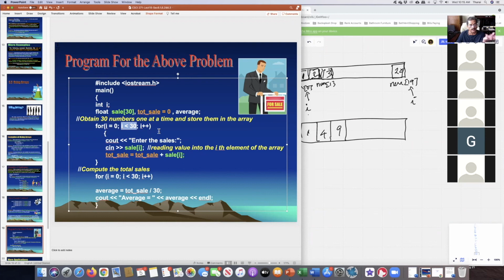If you don't know the number of data coming in, then we have to do that differently, and that we will be discussing in the next class. So the examples we are doing here, in these examples, we know the count. All right, so